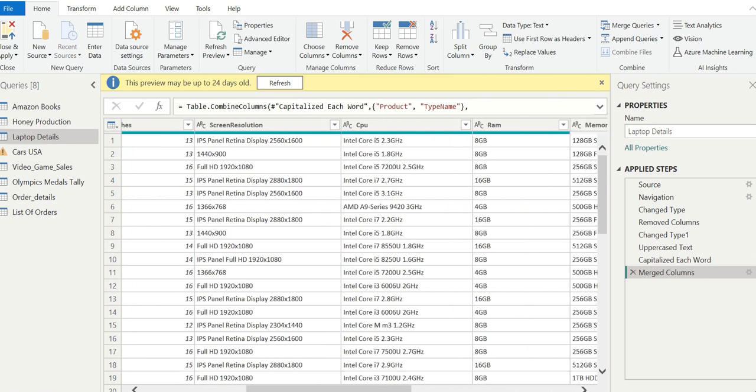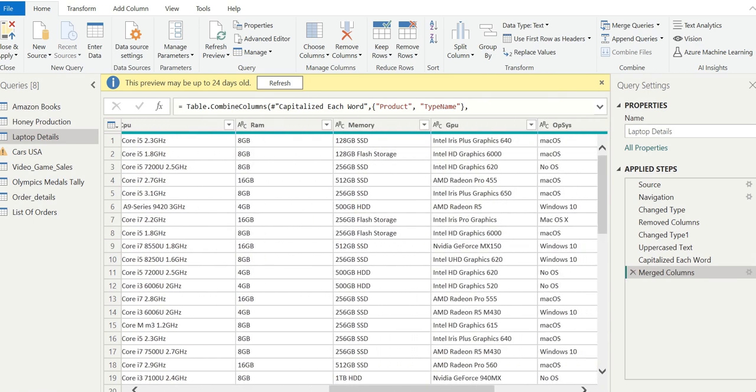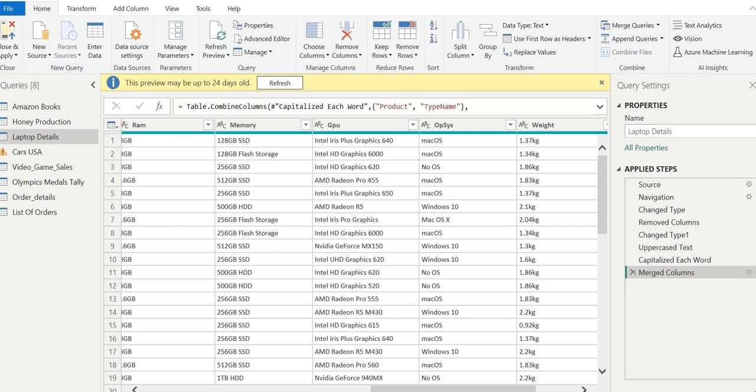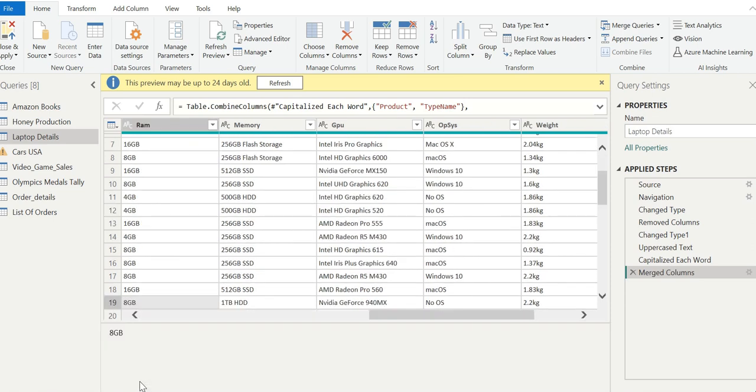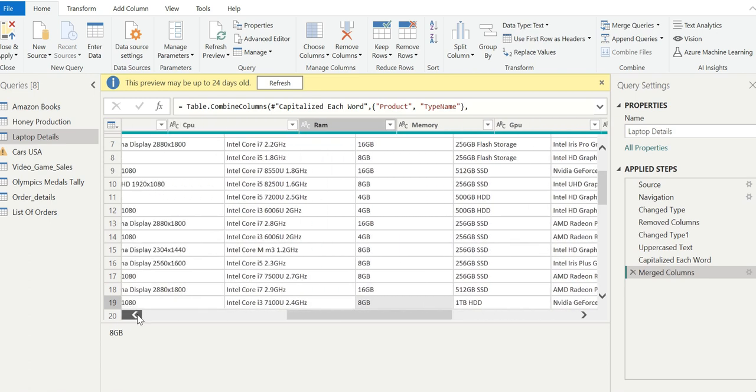Further, if we scroll, we have memory, RAM, GPU, weight, etc. columns here.